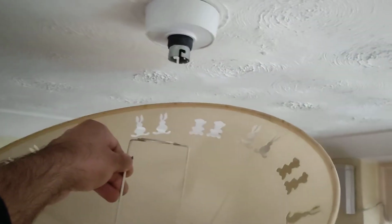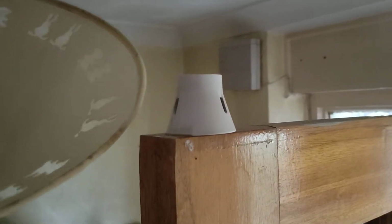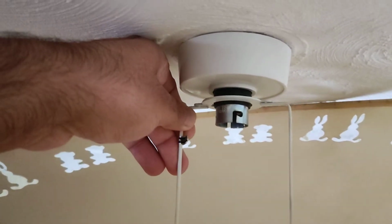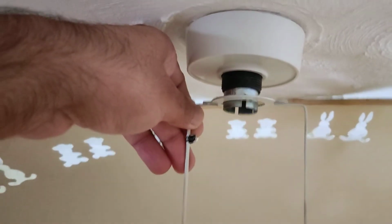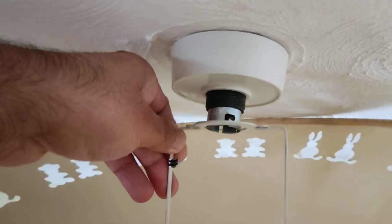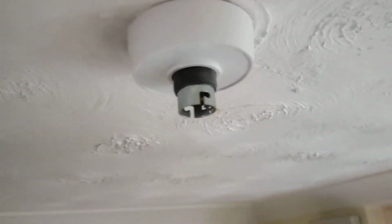So to remove the lampshade, you first need to remove the bulb. Of course, there's a bulb and you will find this cap, which is basically holding this lampshade together. Let me show you. So basically the lampshade will go like this, right? And then you have to attach this cap, which is like a screw, and then you can of course plug your bulb here. So I have a new lampshade which I will now show you how to change, how to